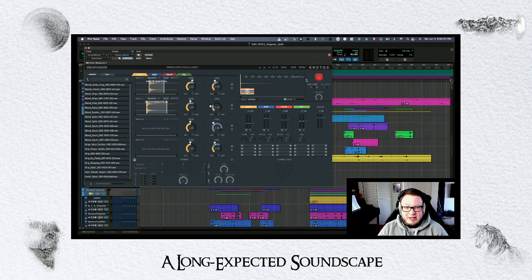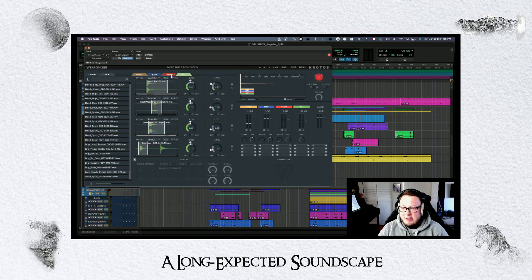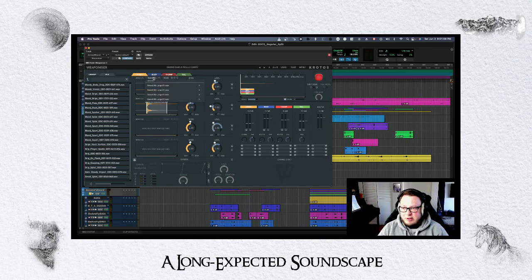Basically what I'm using it for here is I have a bunch of samples loaded in. You can see I have sword hits, and I have different sizes, a little bit of blood and gore sounds in there. And basically I have all of these samples loaded. There's multiple in each kind of outlet here. And I have randomized settings on. So when I click this fire button,